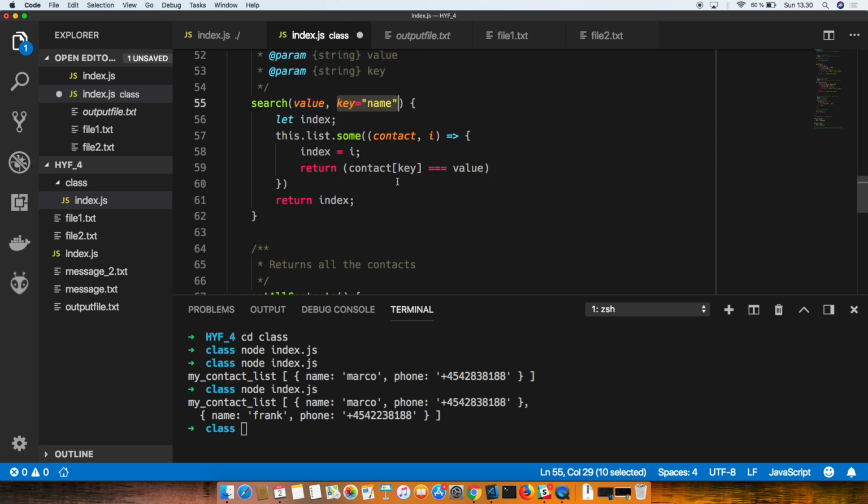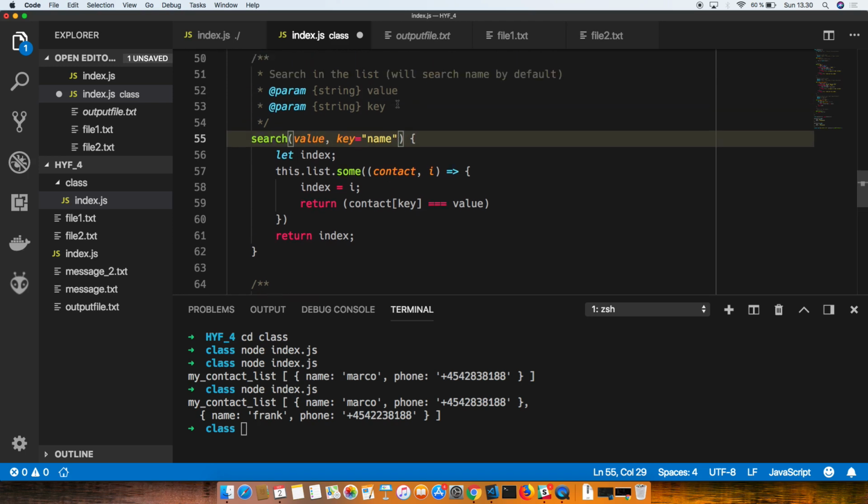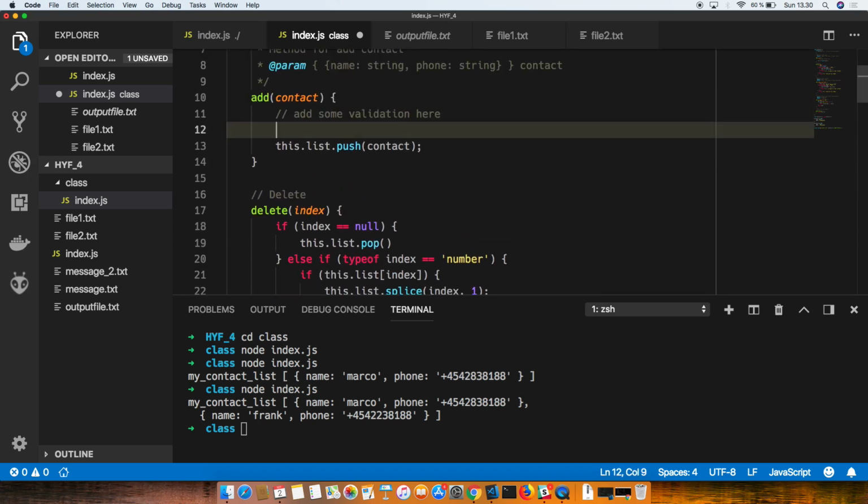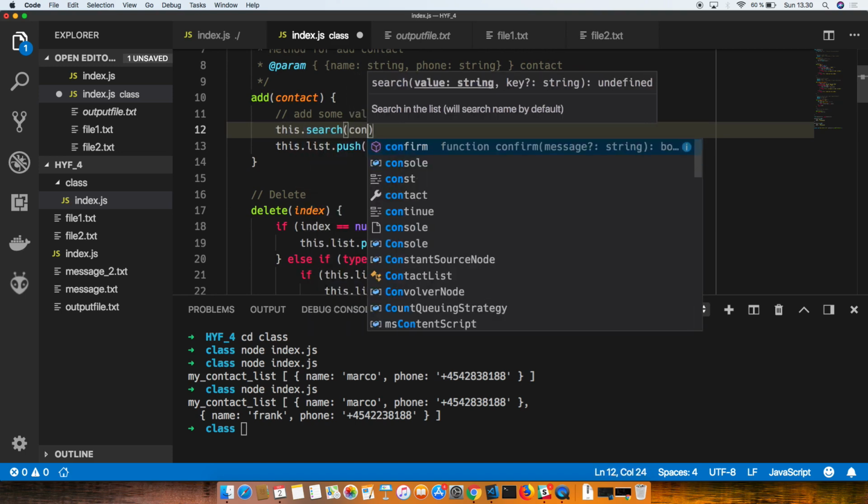That's amazing. You know what I mean? Name here is a default value. Yeah, it's a default value. So I could also remove this, and then you need to always write name if you are looking for name. It's the same. Okay, perfect. So here you could do this dot search, and then value will be